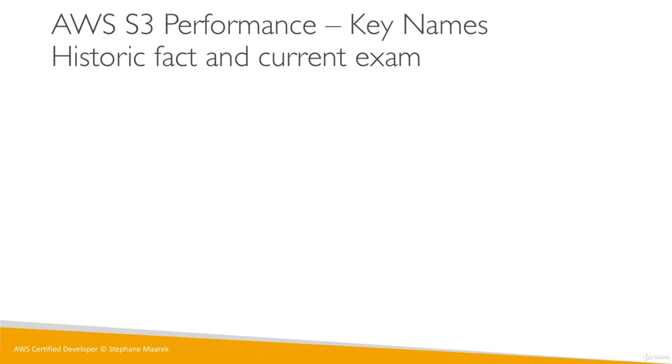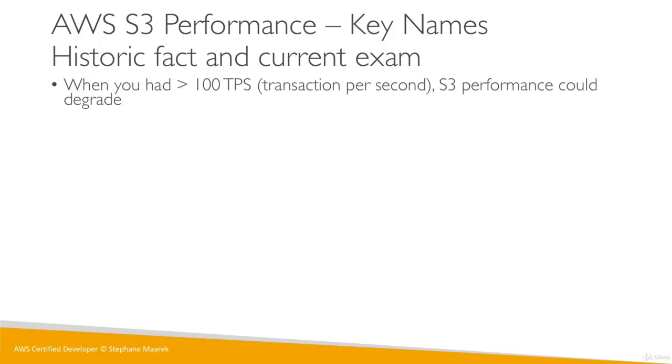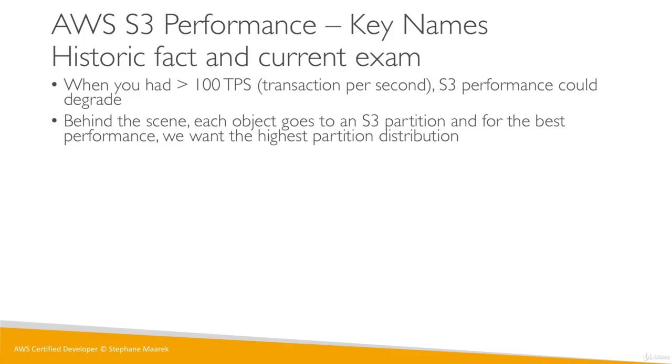Now let's talk about Amazon S3 Performance. There is what we used to know, what we know now, and where the exam is today. So before July of 2018, when you had over 100 TPS, transactions per second, S3 performance could degrade. And behind the scenes, each object when you upload it to S3 goes to an S3